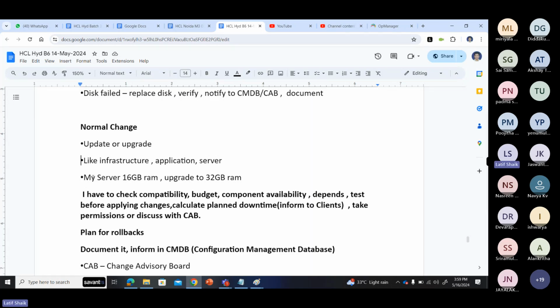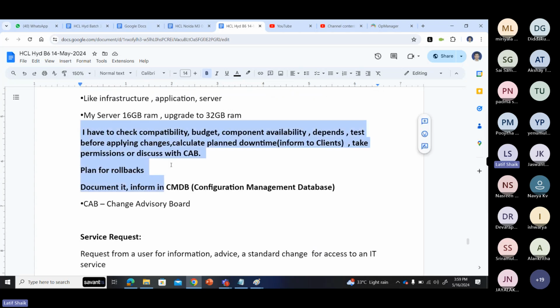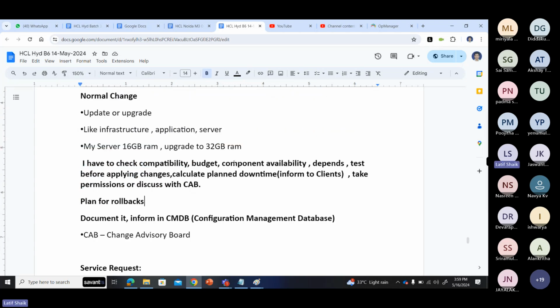Calculate downtime: how much downtime may be required if you do these changes? Maybe it is 1 or 2 hours. Downtime has to be maintained, so you inform your clients, take permission, and discuss with your CAB.